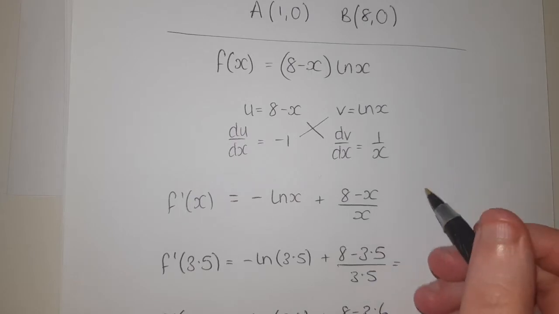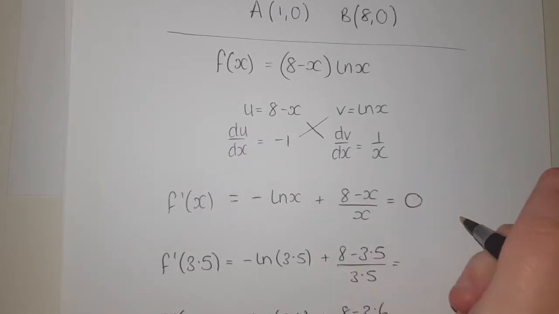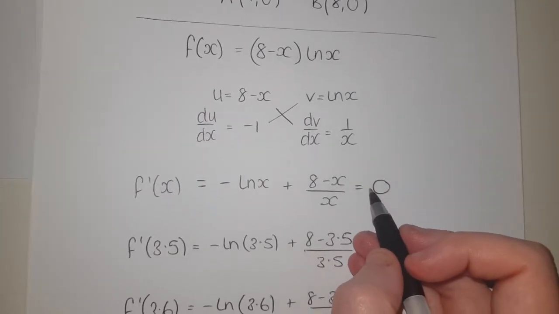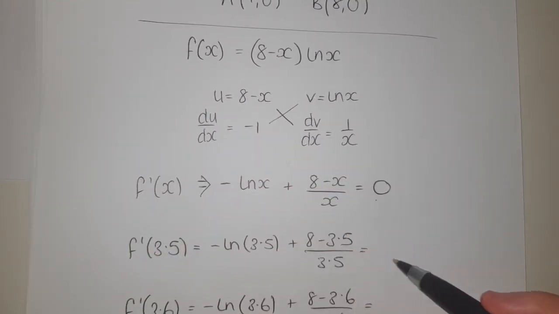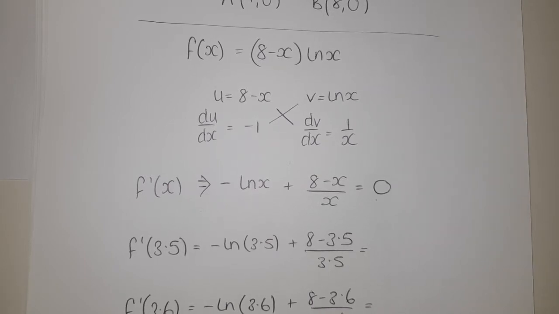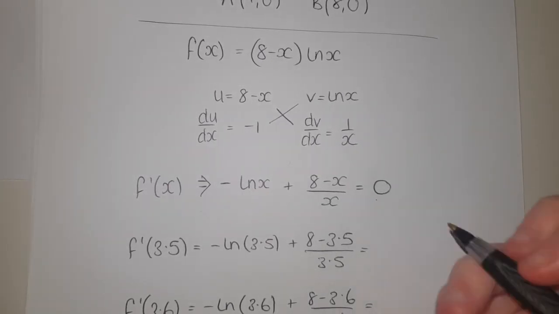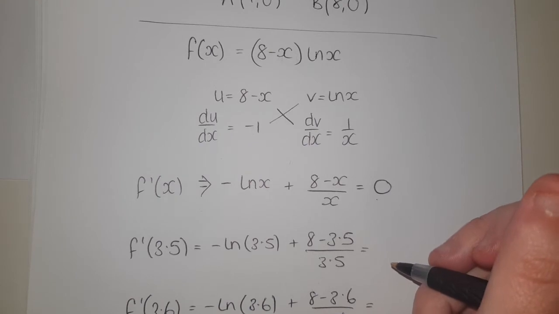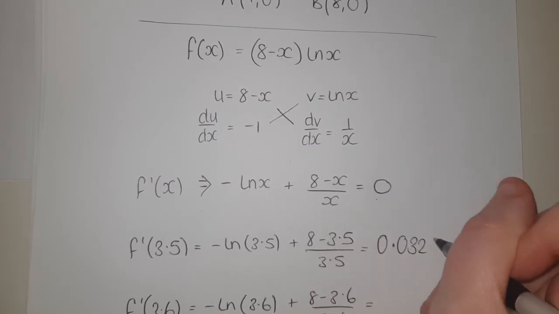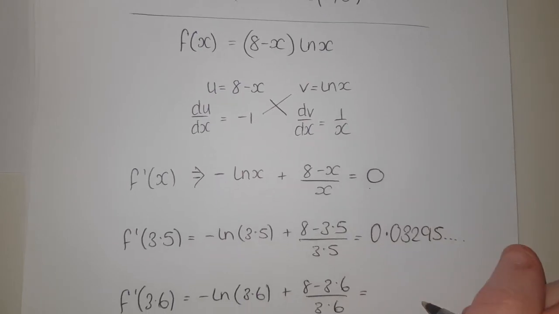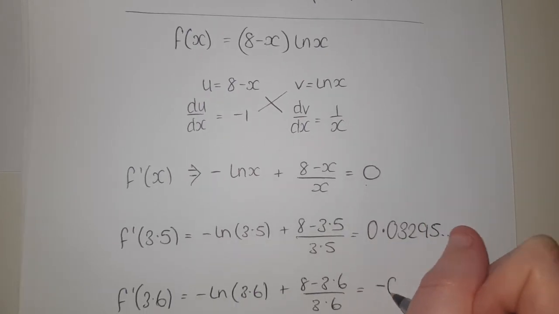And the idea being, because we know it's a stationary point, we're looking for that to equal 0. Which means if I'm looking for that to equal 0, I should end up with one positive number and one negative number. So if we plug in the 3.5, you're going to end up with 0.03295 and so on. If I do the same with 3.6, you're going to get minus